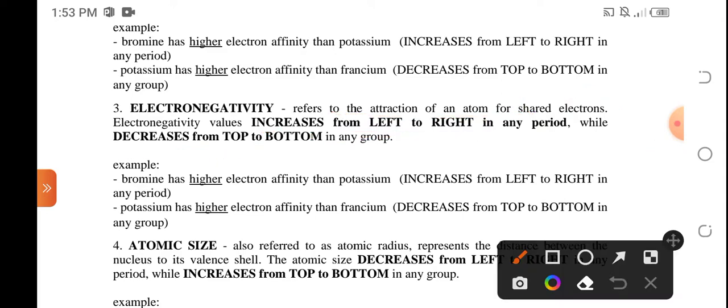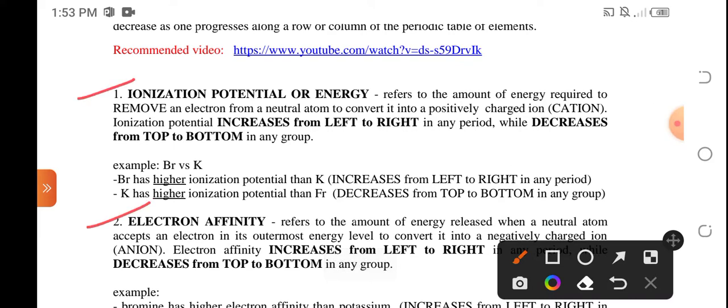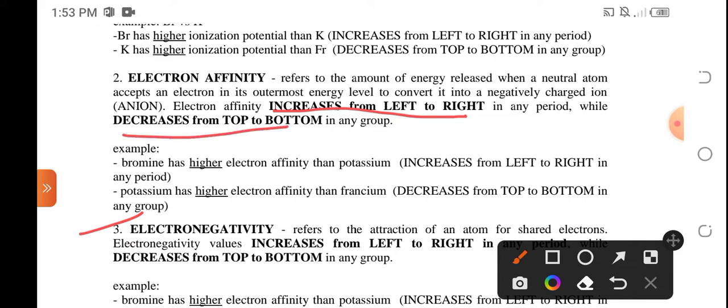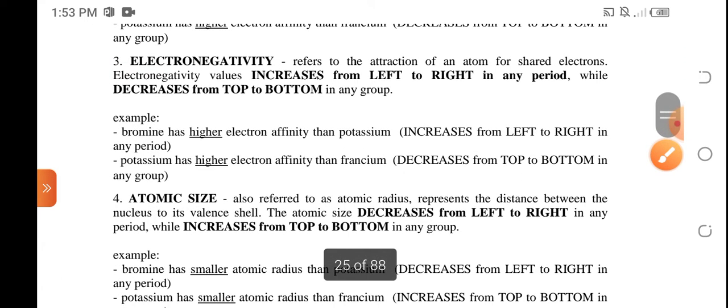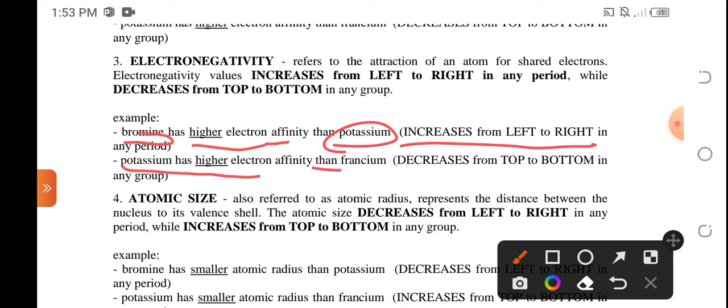So, madali nating tandaan kasi itong tatlong property na 'to, itong ionization potential, electron affinity, at yung last na electronegativity, iisa lang yung trend nila. That is, increases from left to right and decreases from top to bottom. Okay, so kaya ang example pa rin natin ay bromine has higher electron affinity than potassium because the trend is left to right increases, and potassium has higher electron affinity than francium again because the trend still is decreasing from